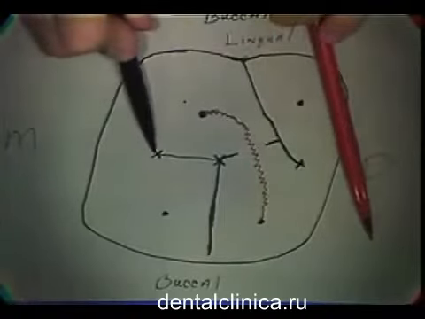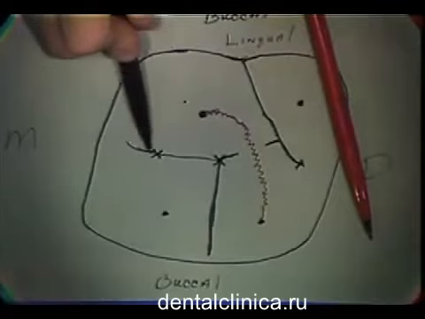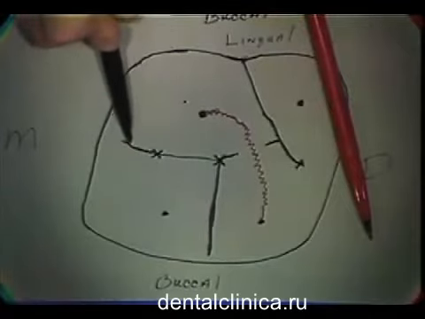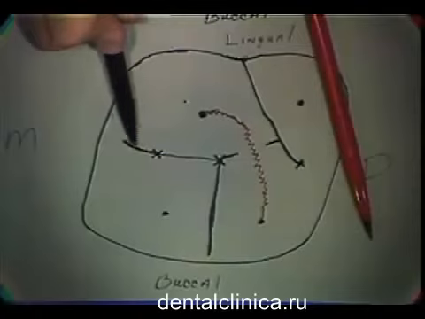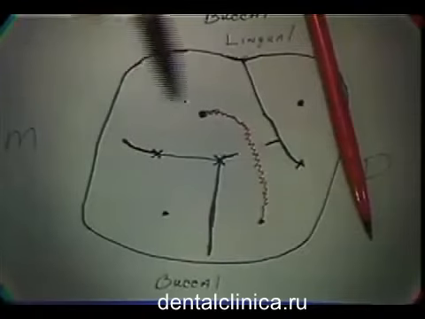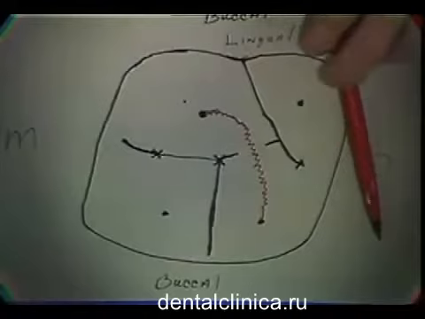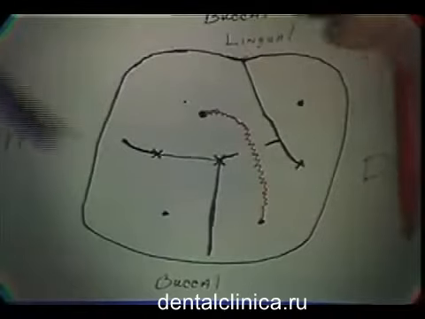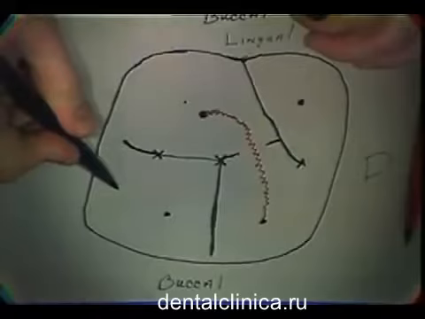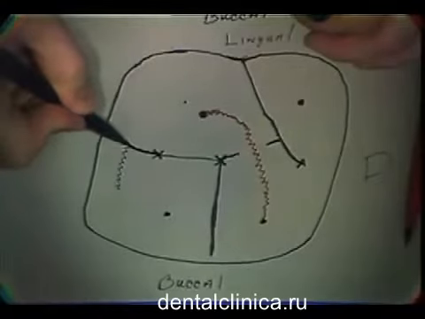Occasionally we will have a little groove coming out the mesial pit and up to our mesial marginal ridge, a mesial marginal groove, but not real characteristic. Now if we were to draw in our marginal ridges on this, we'd find we had a